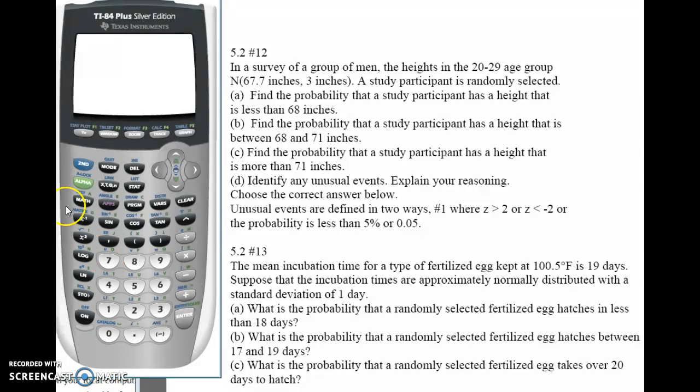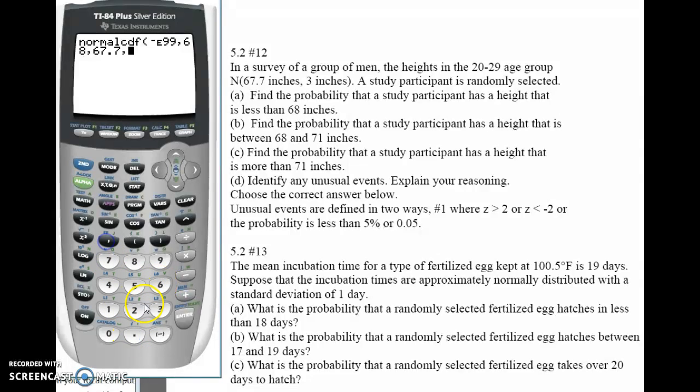They want to know what's the probability that the participant has a height that is less than 68 inches. So again, after we get set up, we go from negative infinity up to 68 inches. So second VARS, normal CDF, negative